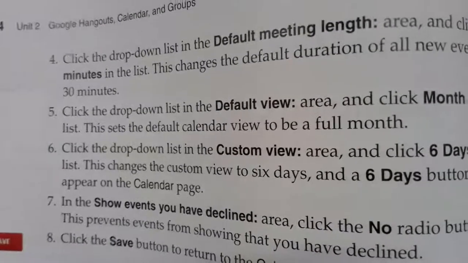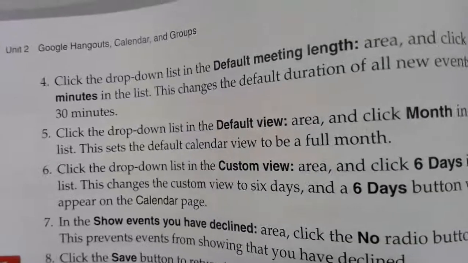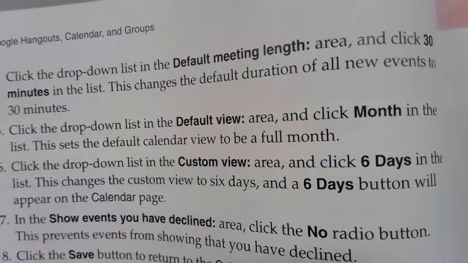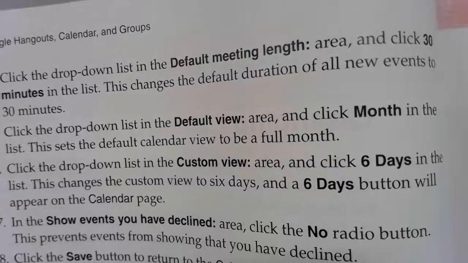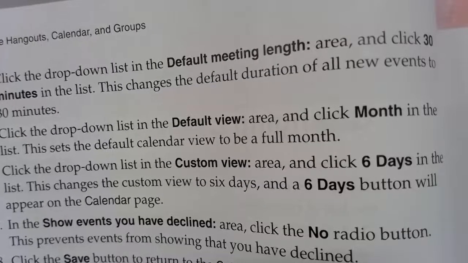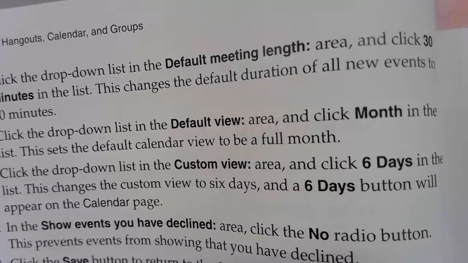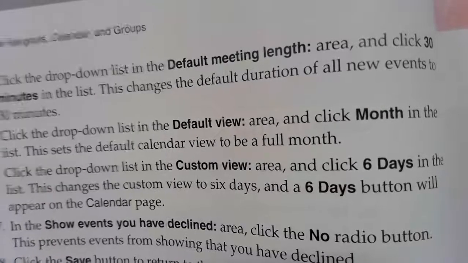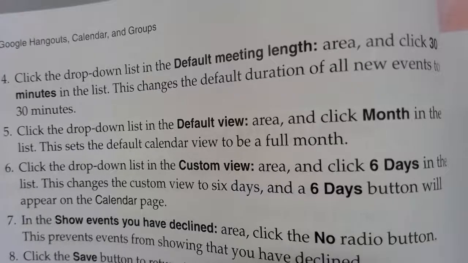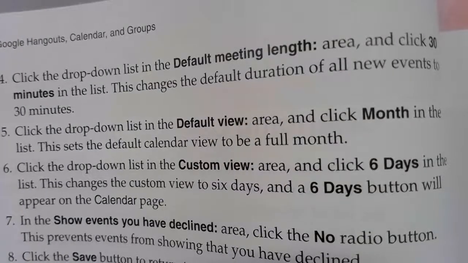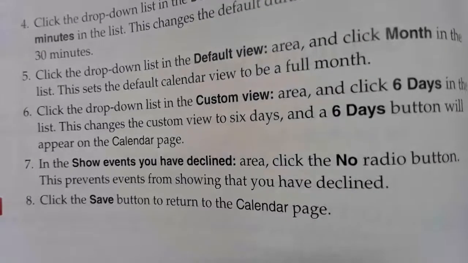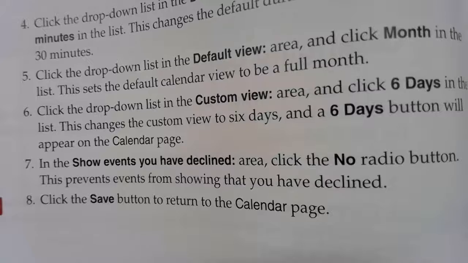Click the drop-down list in the default meeting length area. Click 30 minutes. This will change it from each just having 1 hour on there to 30 minutes. Click the drop-down list in the default view area. Click month in this list. This sets the calendar default view to a full month. Click the drop-down list in the custom view area and click 6 days in the list. So it'll change the view to 6 days, and a 6-day button will appear on the calendar page. In the show events you've declined area, click the no radio button